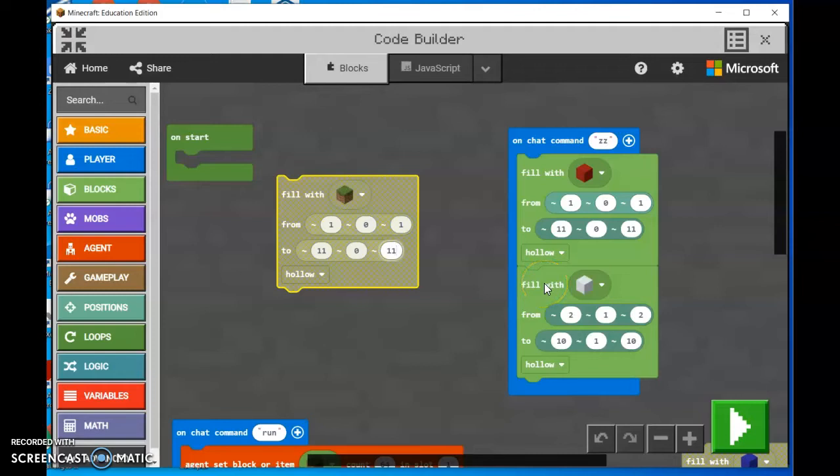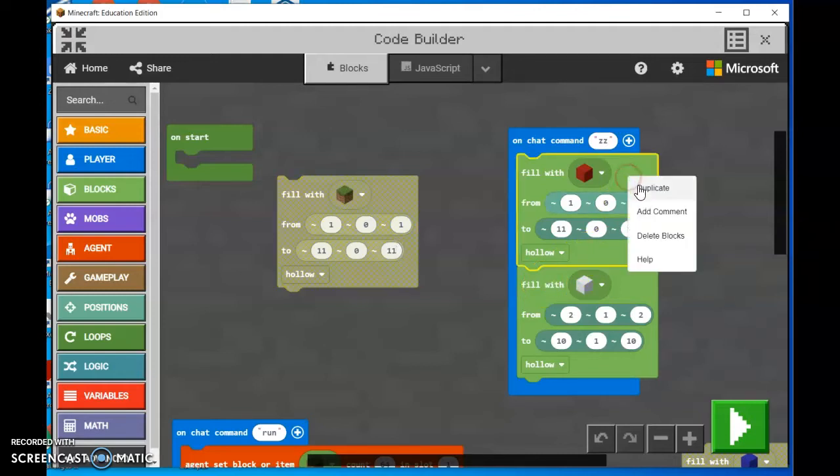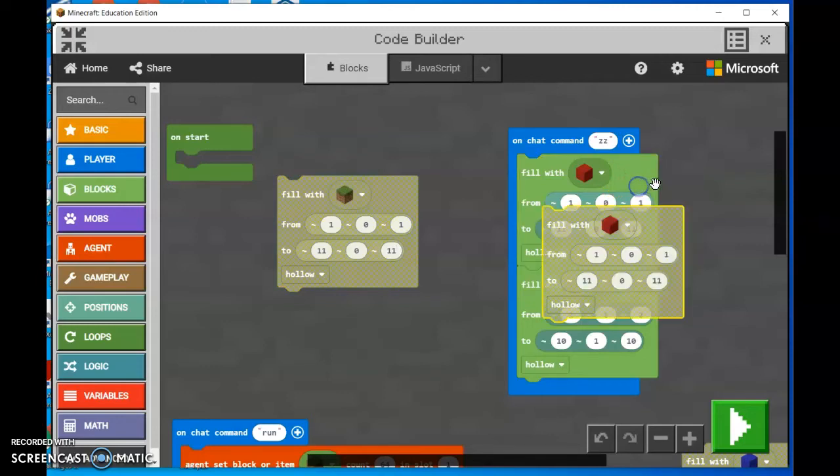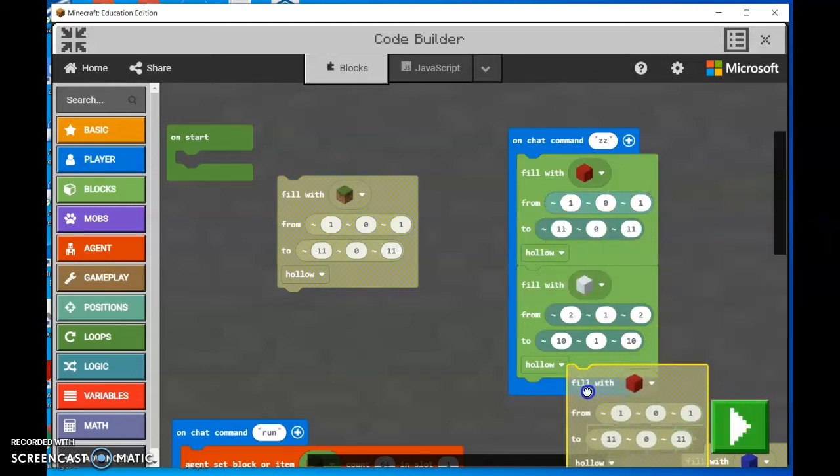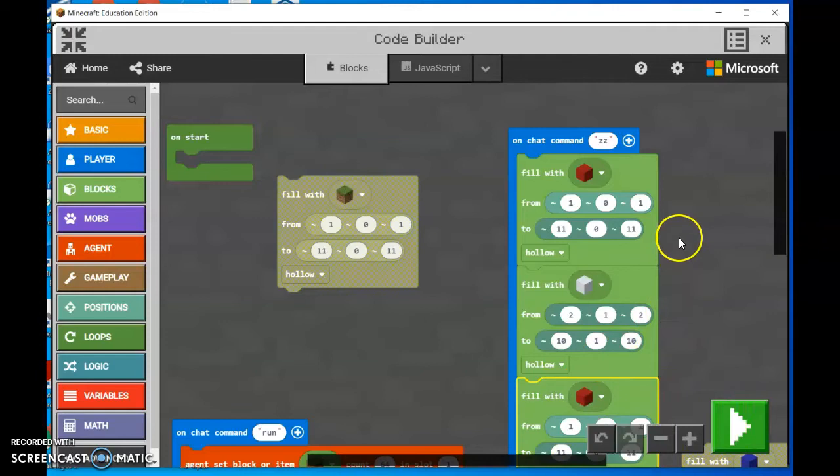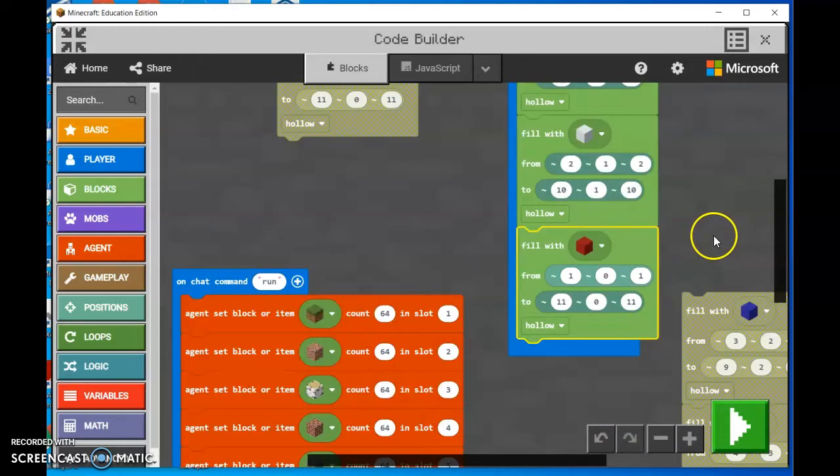add the same thing, so we can just right click, duplicate, and it'll give us the same one. And what we did was, okay, so I was at 1 0 1, then I went to 2 1 2, and then I went 11 0 11, 10 1 10. So my next one, to follow the same pattern, is going to be,